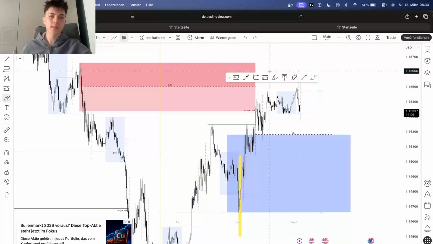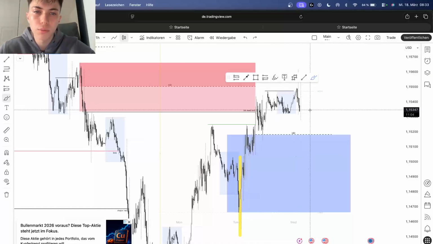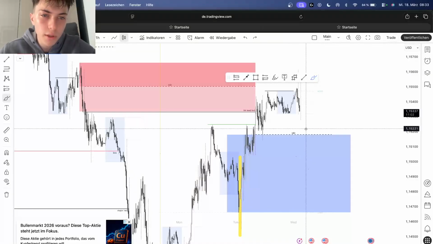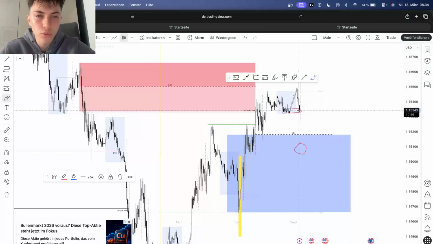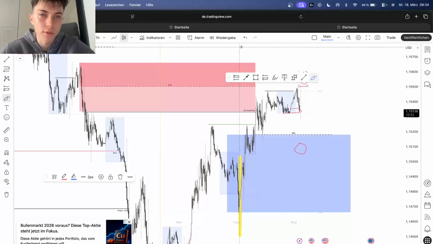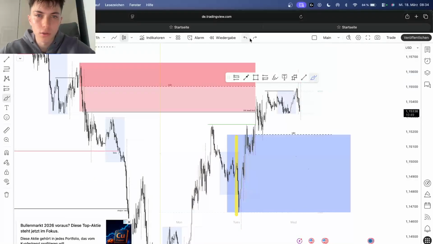In that sense, these are the options for the session which I'm going to look for. So potential buys here, reversal buys, continuation sells if price doesn't break the Asia low, or reversal sells if we take that liquidity. So this is what I'm going to look for,